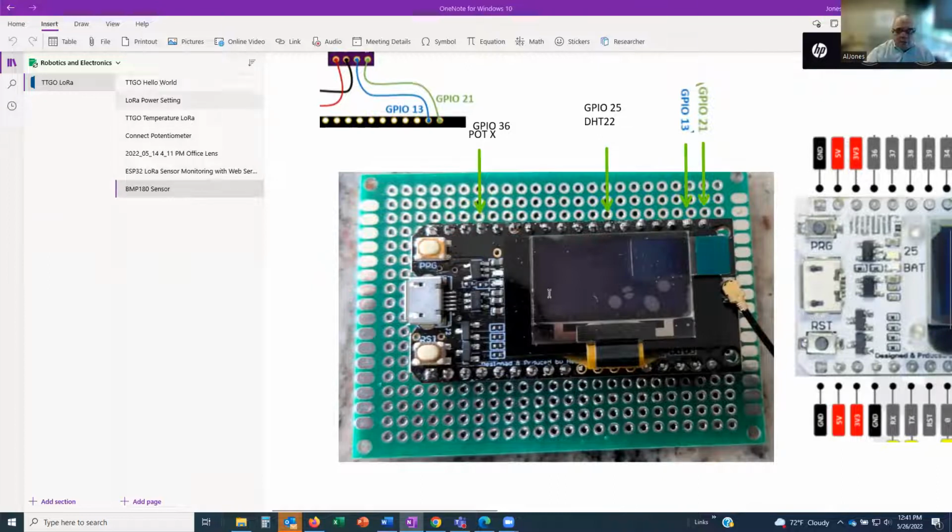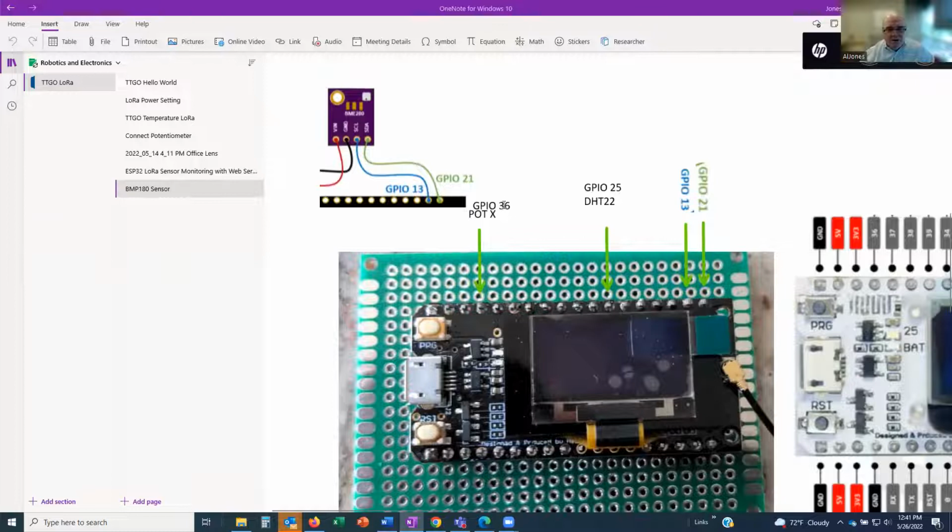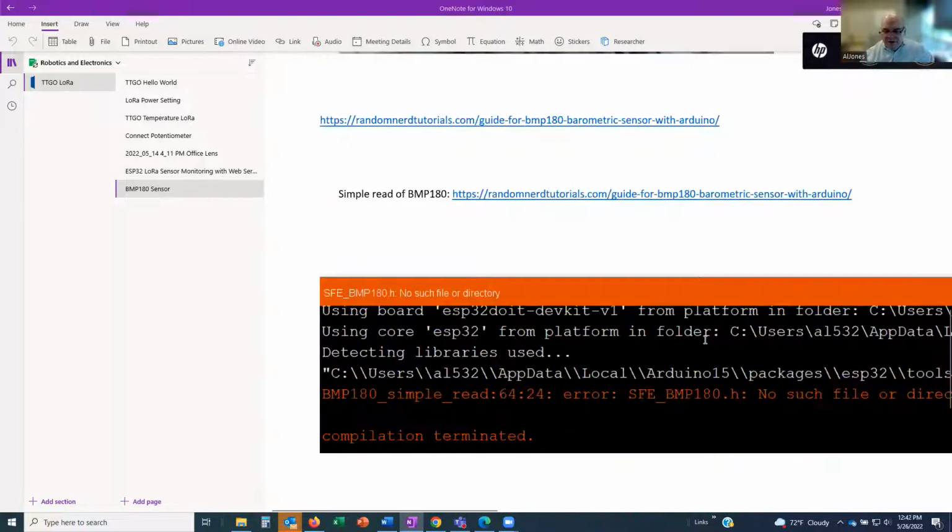So anyway, this is the lower board with an LED. I had previously connected a potentiometer to pin 36 and a temperature sensor to pin 25. This sensor was going to come in here on 21 and 13. So I've got that all soldered up, software downloaded,